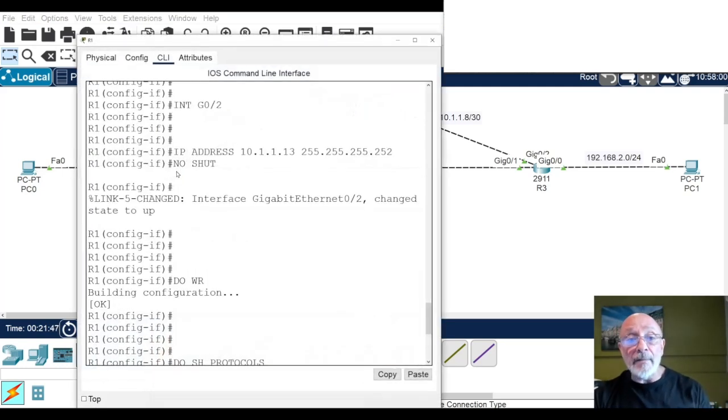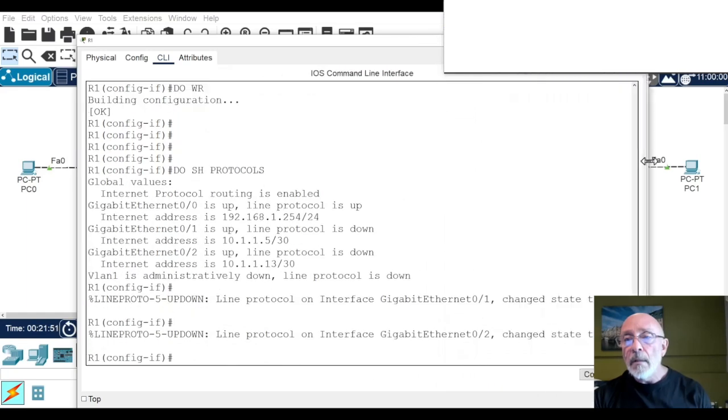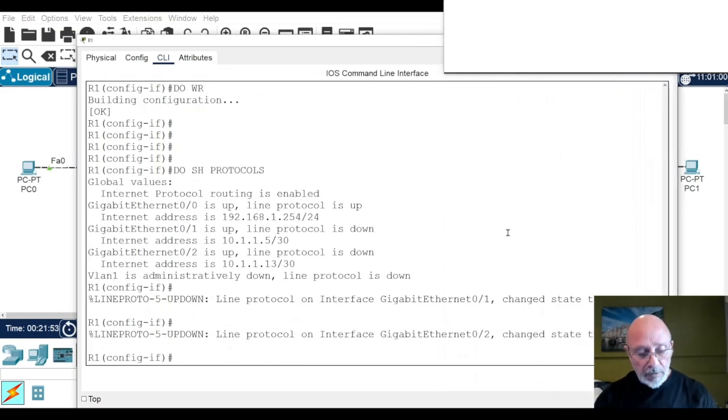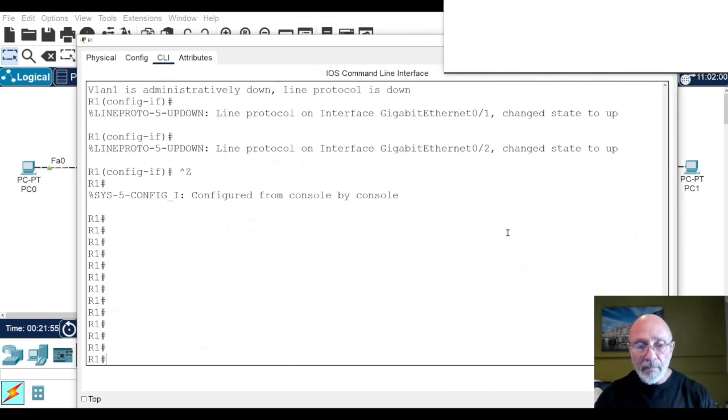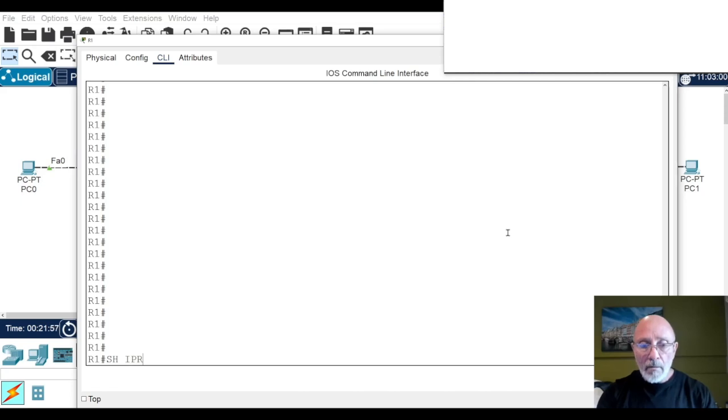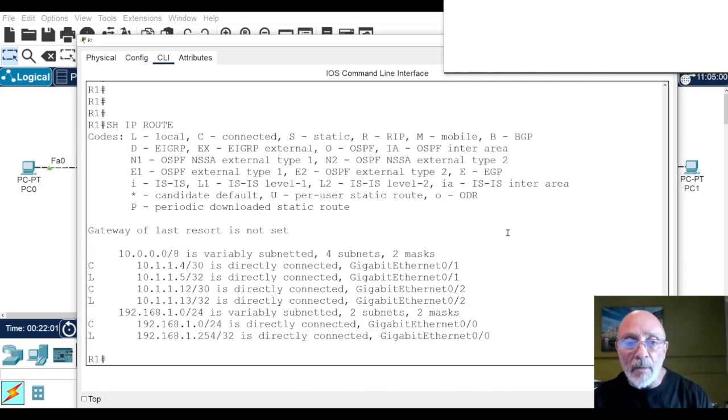And let's take a look at the routing table right now before we actually start putting in the routing protocols, because one of the biggest things is that you need to know how to read a routing table. And you have your legend codes, which is also part of your test, which is hilarious, but anyway. That's L is local, C is connected, S is static, R is RIP, D is EIGRP, O is OSPF, and so forth.